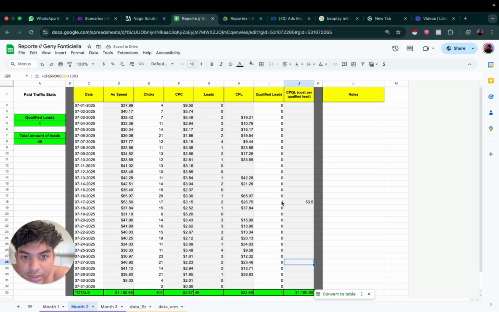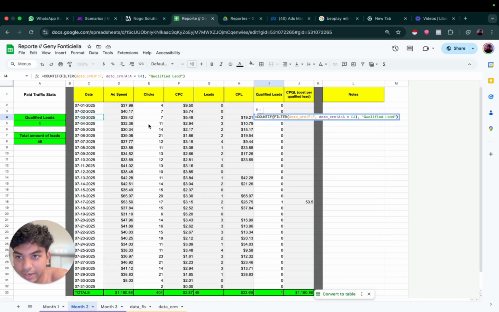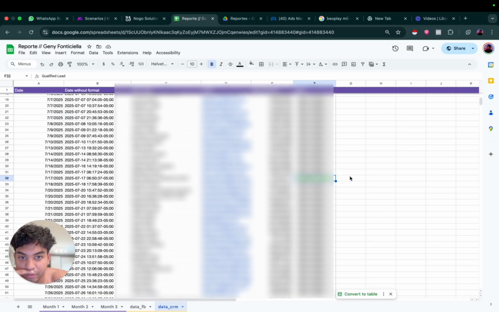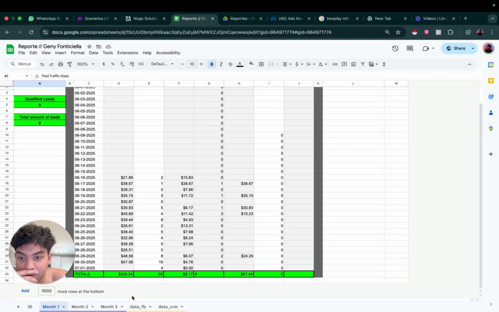I made a little bit of a mistake here, so I'm going to give you this sheet updated. Basically, it counts the day here and looks for the date in the other sheet with the CRM data for this specific date. So for example, if I mark this lead, as I said before, as a qualified lead on the 17th of July, it's going to mark here